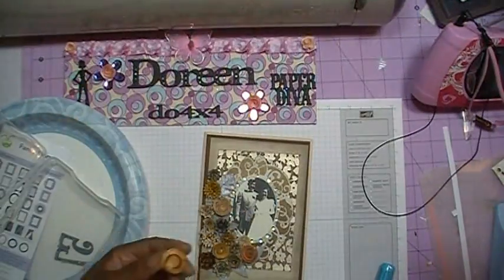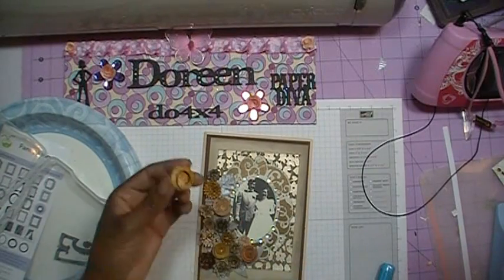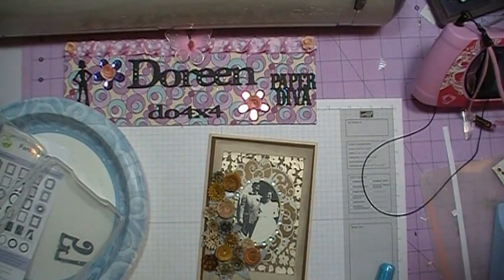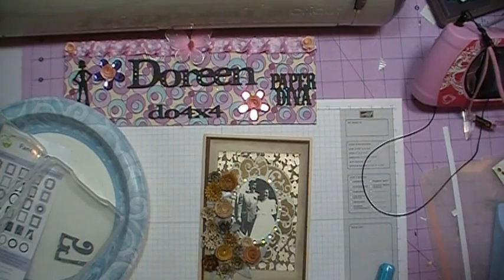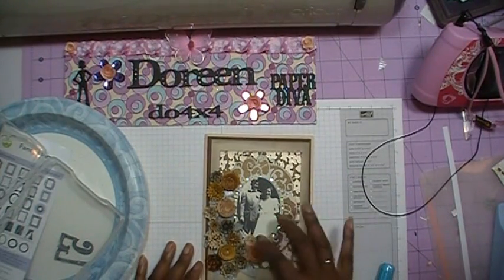Okay, everybody, so I'm ready to add the last flower. So we'll get some glue on here, and we're just going to press it down. So now we have all of our flowers added. Now what I didn't talk about is the cardstock and everything that I used to make the flowers. I'm going to get some of these glue stragglers away because they're everywhere. So I'll get as many as I can away, and then I'll work on getting the rest of them away